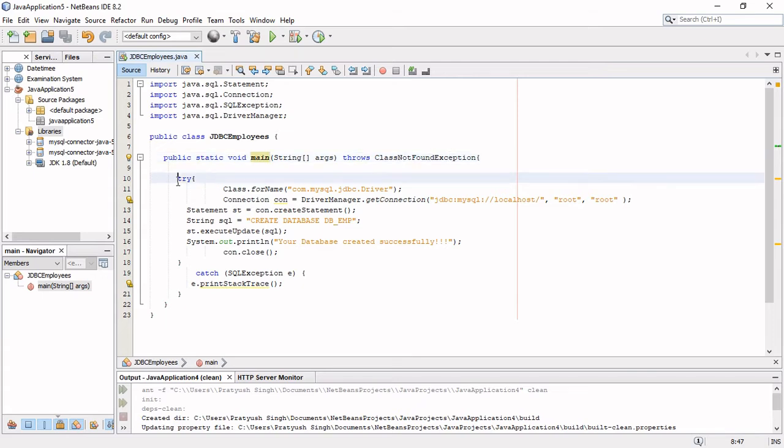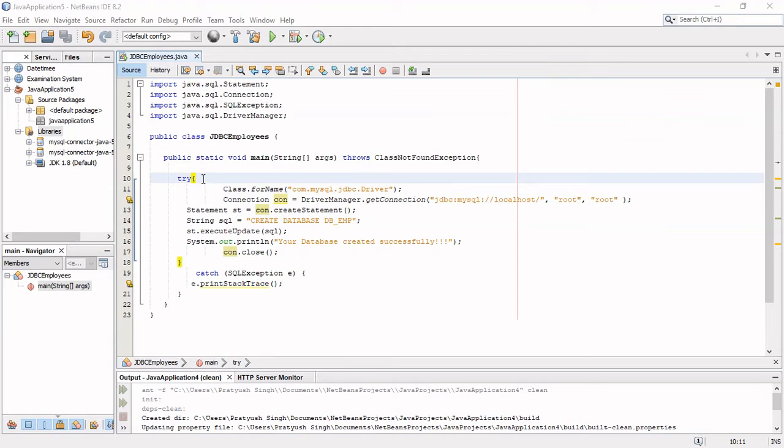And inside the main function we have declared the try and catch block. We have used try and catch so that the runtime exception could be caught, and it will be useful for troubleshooting.